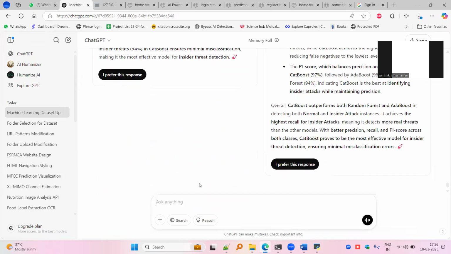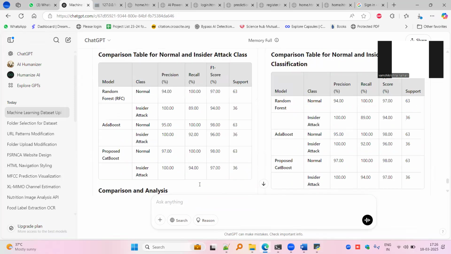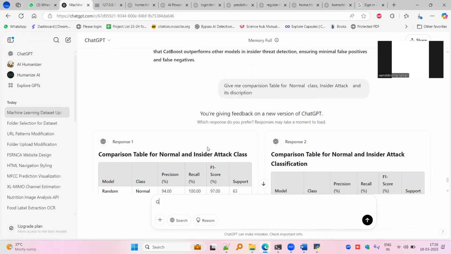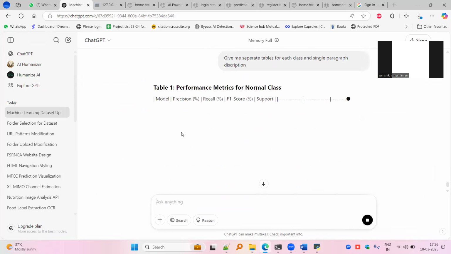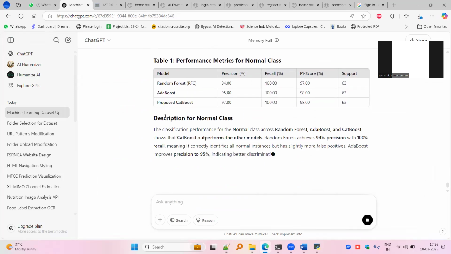So again, I'm not satisfied with this one. Give me separate tables for each class and a single paragraph description. Like this one is good,